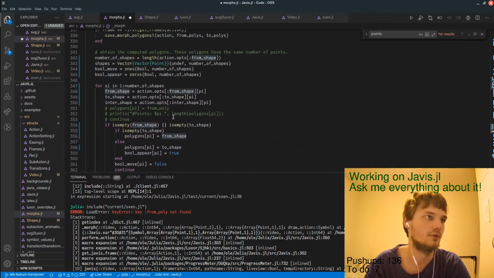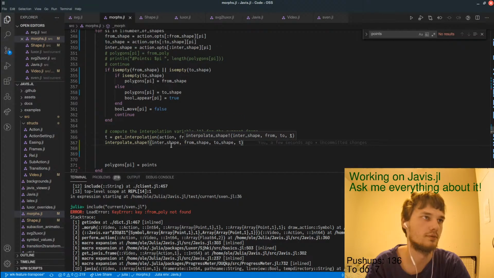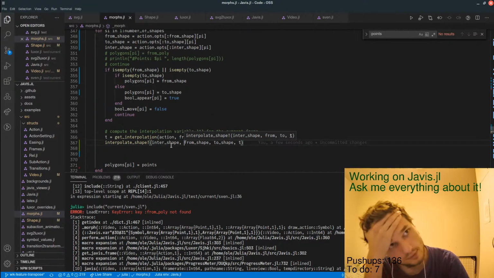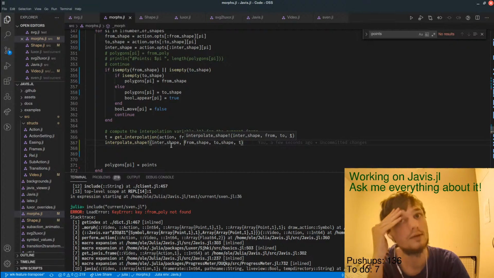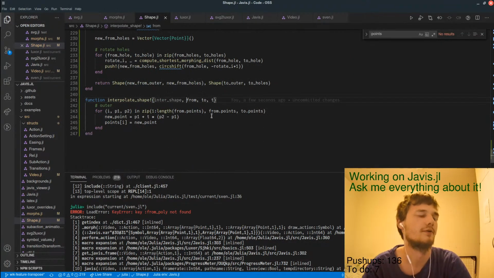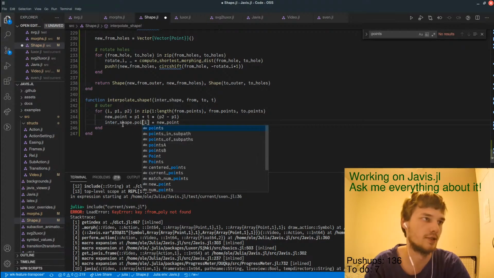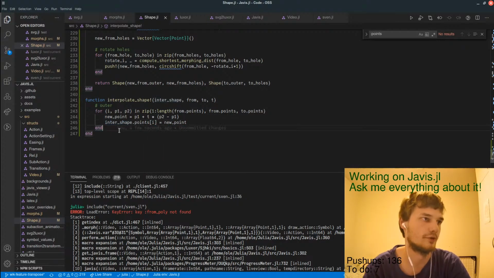So into shape. Yeah, I was just thinking whether it has the correct number of points, but I think it should have. So new points is then basically inter shape points is new points.